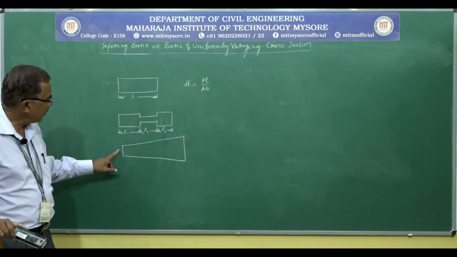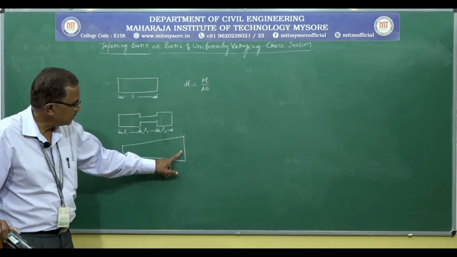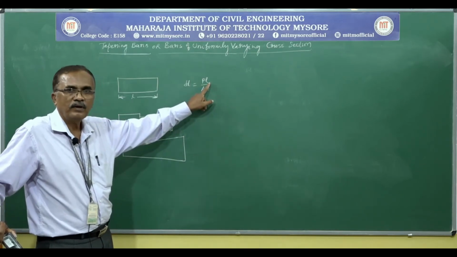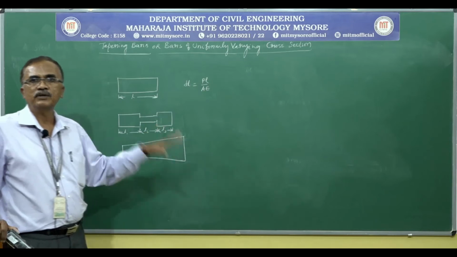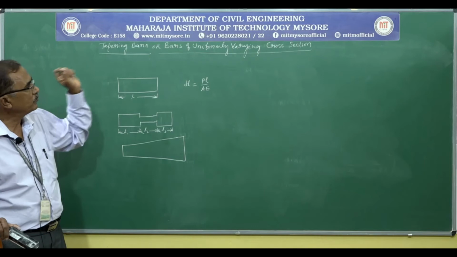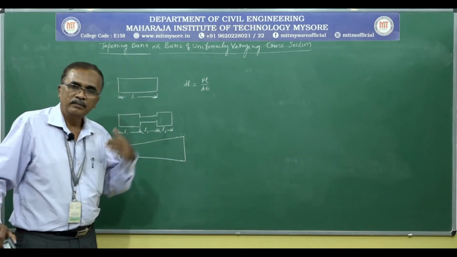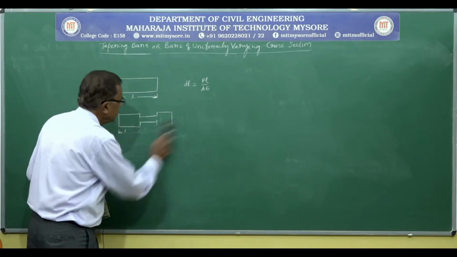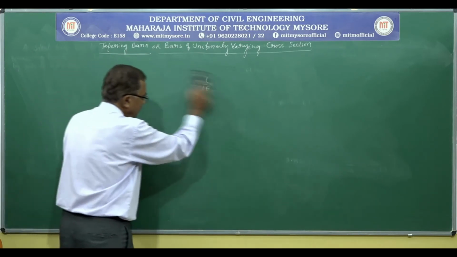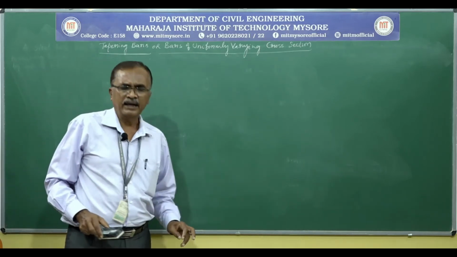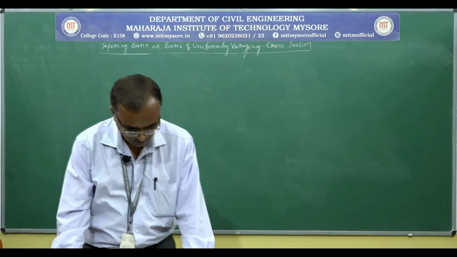When we come across a bar of uniformly varying cross section like this, or tapering section, we cannot use this change in length expression to find out the stresses induced in the bar of tapering section. For that we have to obtain a different expression and proceed. Let us consider one such type of bar, first a solid circular one and next a solid rectangular bar having a constant thickness. Let us consider first a solid circular bar.